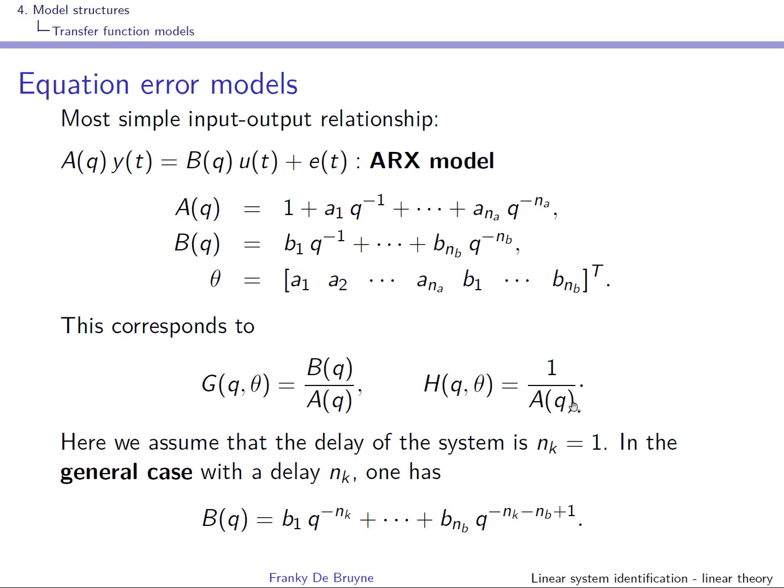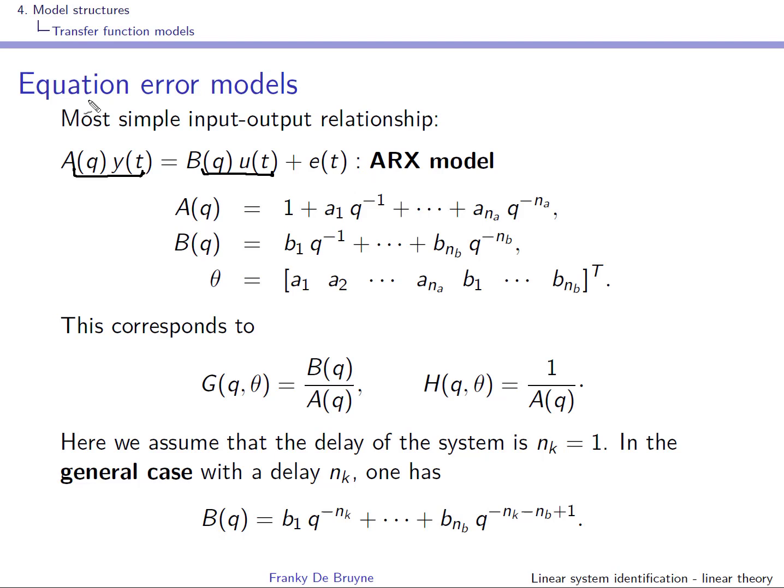So we'll start our library of transfer function models with equation error models, and those models are often called ARX models, and we'll see why next. So why equation error models? Well, the relation that the input outputs follow is the following one, and you can see here that if you take the difference of this one and this one, well, you have white noise, so hence the name equation error